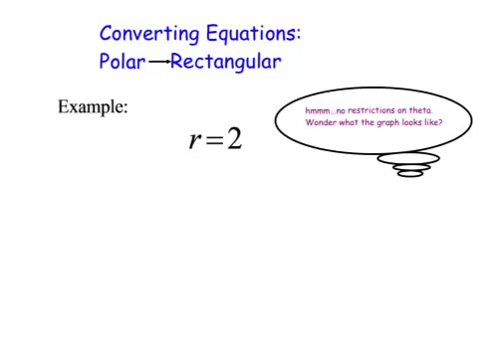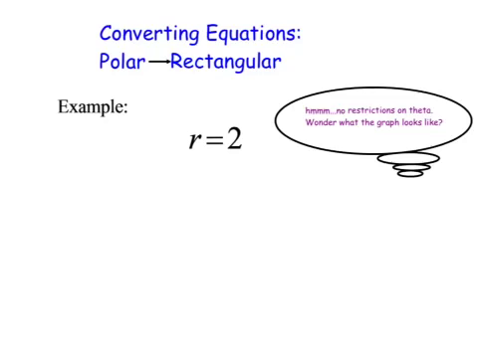All right, our next one. Now we're going to be taking a polar equation and converting it to rectangular. This one's kind of interesting in that there's not a theta. So let's think about this. Theta is completely unrestricted. In other words, the angle could be anything you want, it represents all values, and r is